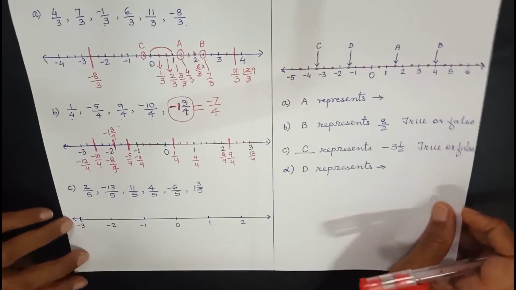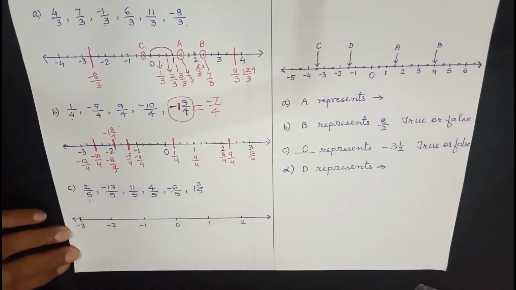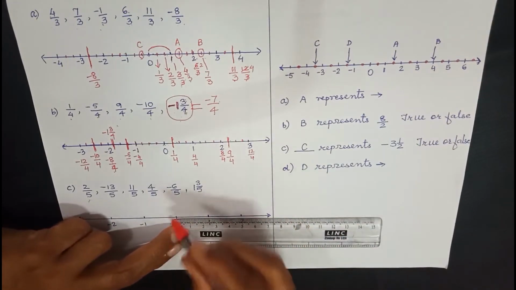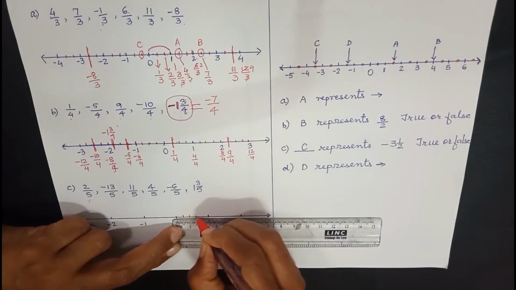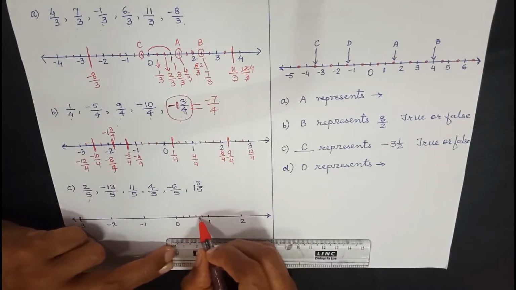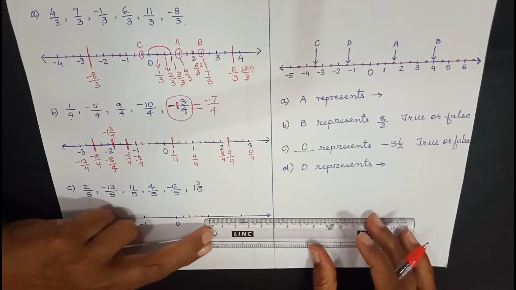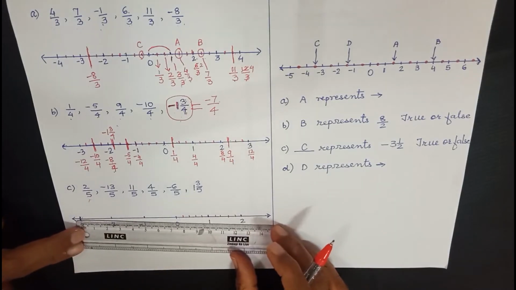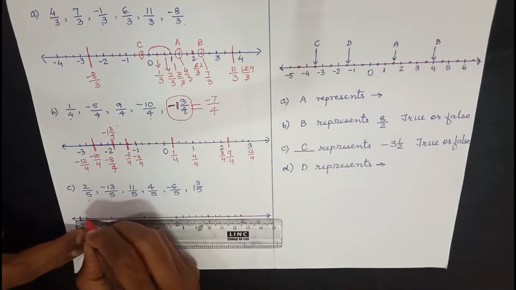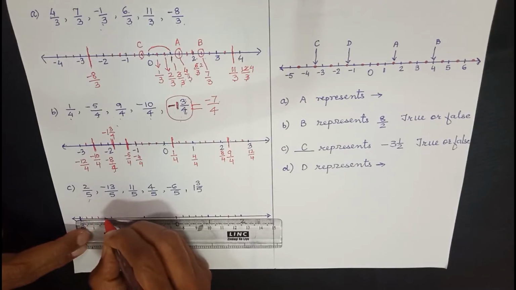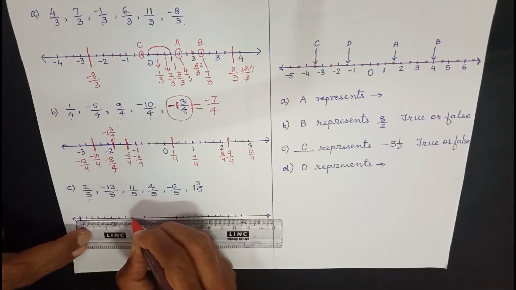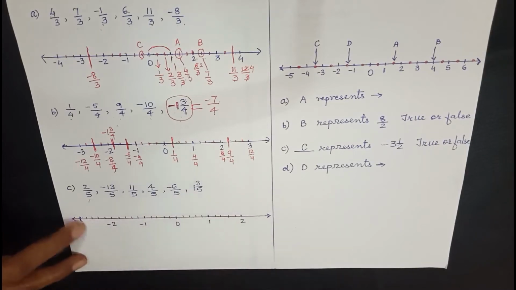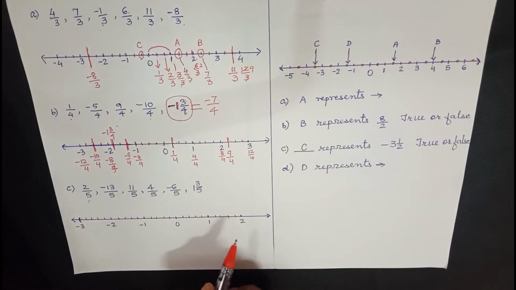Now let's take one more example. Here the denominator is 5. So you can see we have to divide this into 5 parts. And to divide it into 5 parts, we have to put 4 points. So you can see 1, 2, 3, 4 and 5 parts. Same thing we do here. 1, 2, 3, 4 points. So everywhere we will be doing that. We will be taking 4 points at equal distance. So each and every unit I have divided into 5 equal parts.